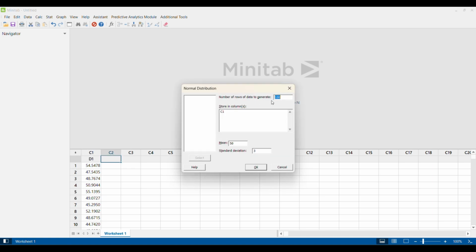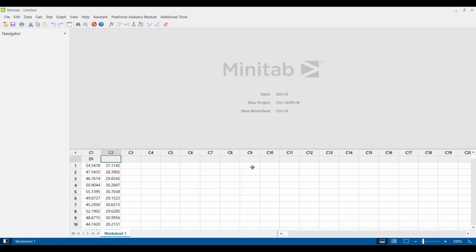I'm going to generate another set of data points and store it in C2. This time the average will be 30 and the standard deviation will be 1. So let me store it in column C2 and let me call it as D2. Now if you see these two data, just to make you understand that they don't have same average and they don't have same